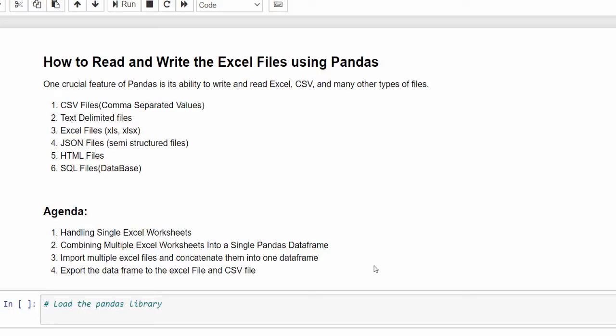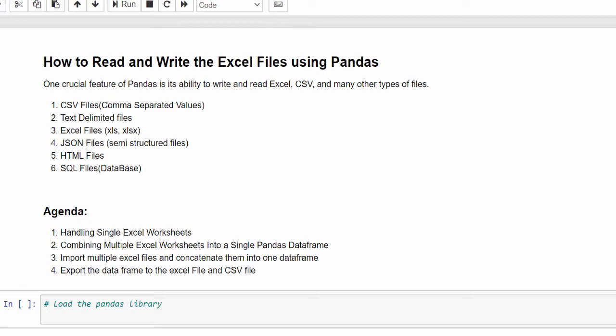In the previous video, we learnt how to handle CSV files and text delimited files. In this video, we will be learning how to handle Excel files. It is a very important topic because in most machine learning or deep learning projects, we get the data set as an Excel file.